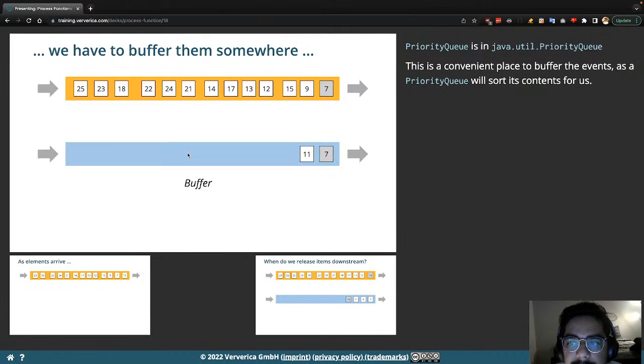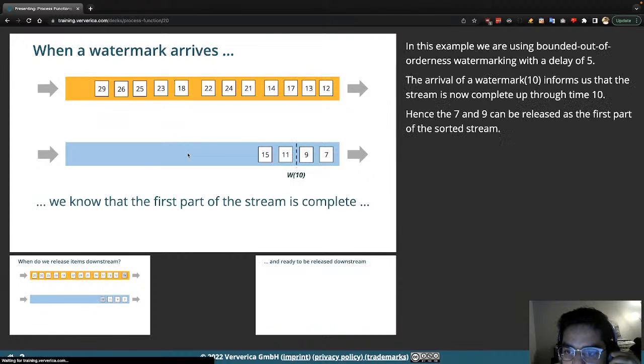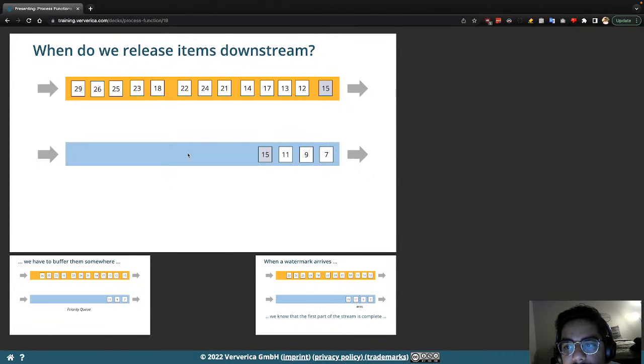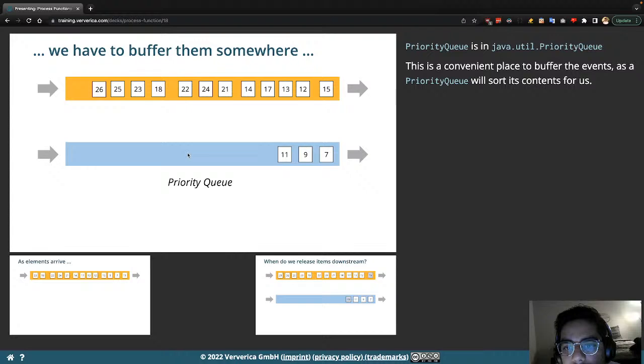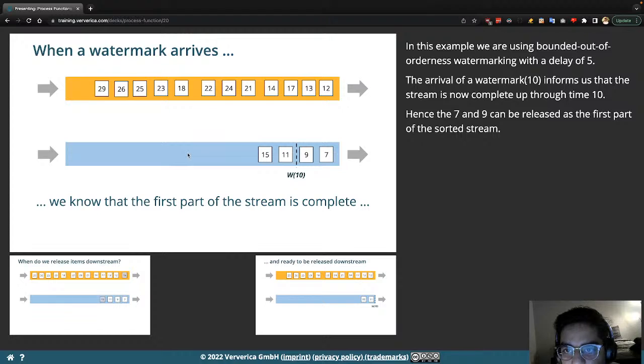We are putting all the elements into this state, inserting in a sorted way. So this is a priority queue which we are maintaining as a state, and we are inserting each element into this priority queue. And whenever we see a watermark event,